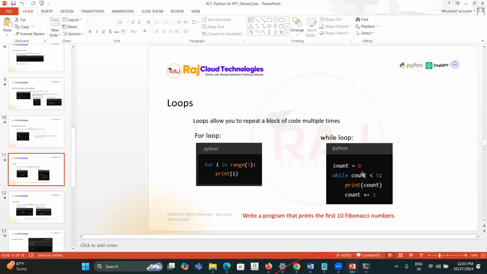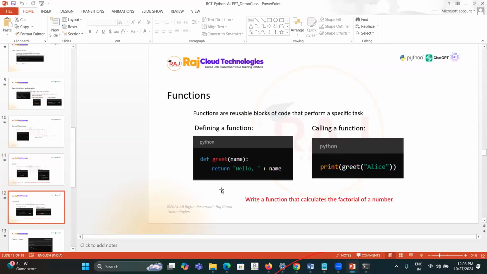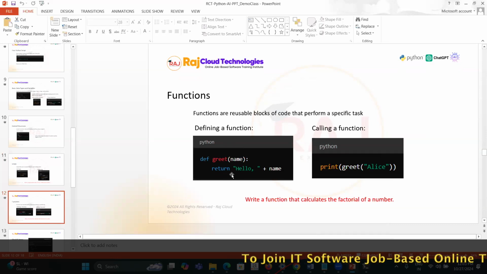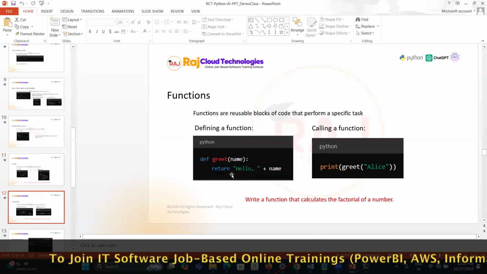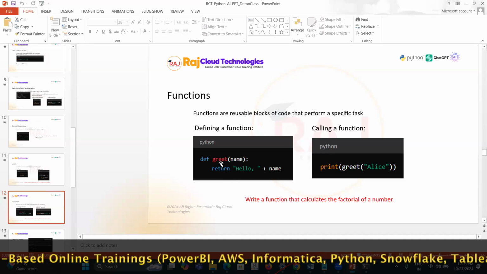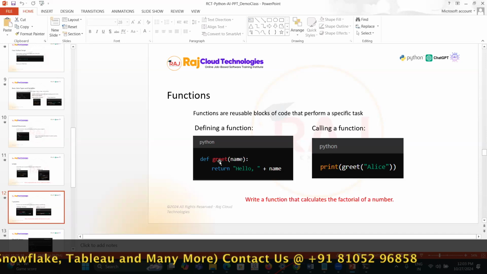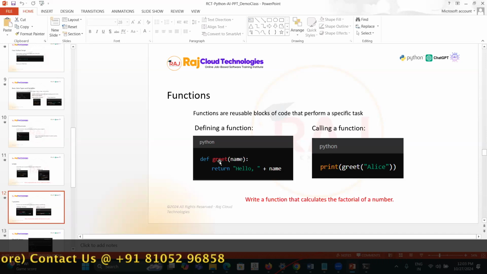Of course, it will take a lot more examples for you to digest. You can try to write a program with the Fibonacci numbers. You can try to understand how that is happening. So there is something called a function. For the greeting I was doing with hello plus name, you can change that into a function. Instead of writing it every time, you can do that task by making certain functions, right? So that is actually the power of programming, where the same code